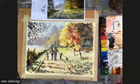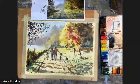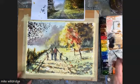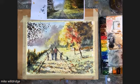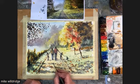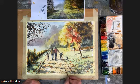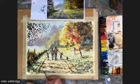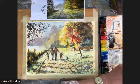And to finish off, I could go around and just make a few little dark marks. I'll show you what I have in mind. One or two little dark marks, just even in the flat areas to break that up. Okay, that's possible. I don't know whether I'm going to do any more of that, but what I'm going to do now, and this is me finished,